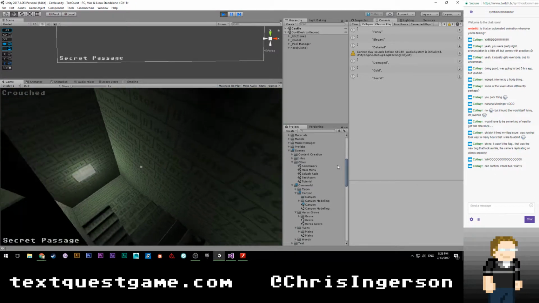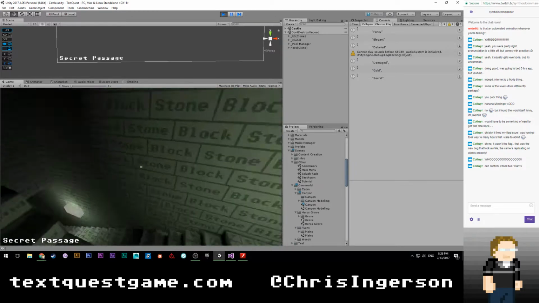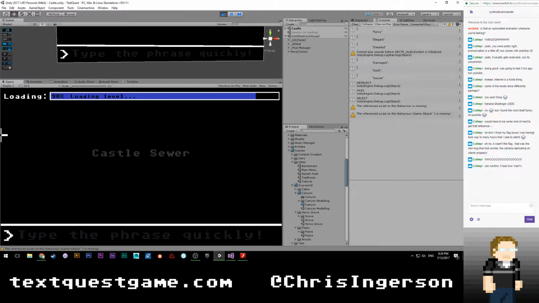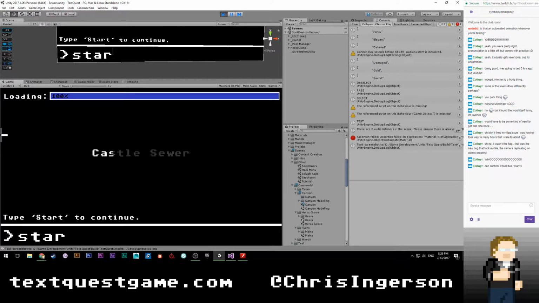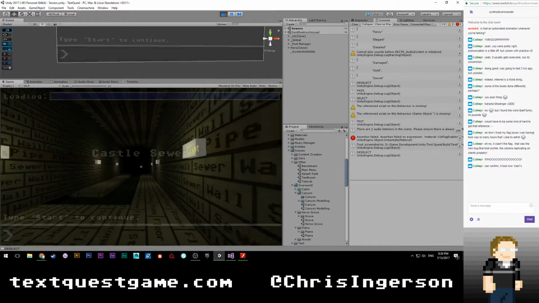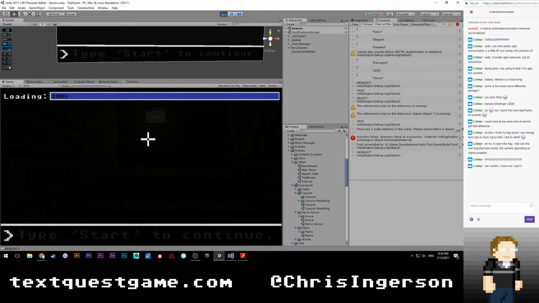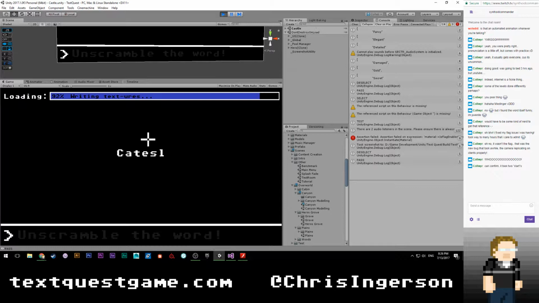All right. Let's see what the initial text is, because I honestly don't remember. It just says enter text. Okay. So we're going to hit start. And then we're going to go back in. And if you look right at the bottom, you'll see it says type start to continue until it gets to the mini game, and then it tells you to do it again.